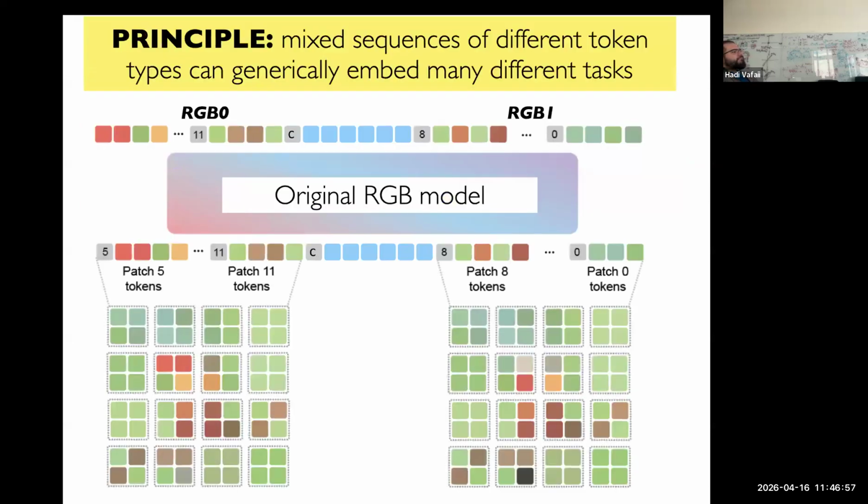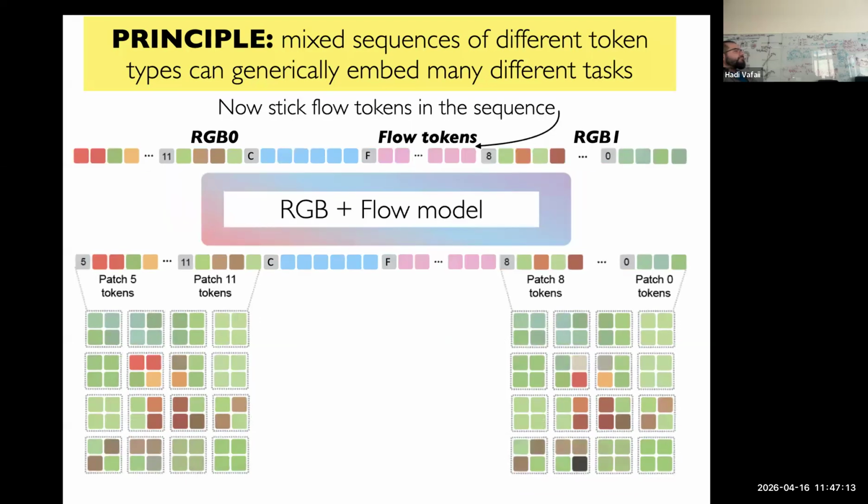So let's say your original RGB model was what I showed you before. It was basically RGB 0 to RGB 1. The C is camera, like I told you, we also have camera motion in there. But the point is, you predict RGB 1 from RGB 0. This is what the original thing is. So now I'm saying, let's take some flow tokens and stick them into the sequence. You don't even have to restart the model. You just keep training them all. And now the model adapts to learning this new concept, which is flow.